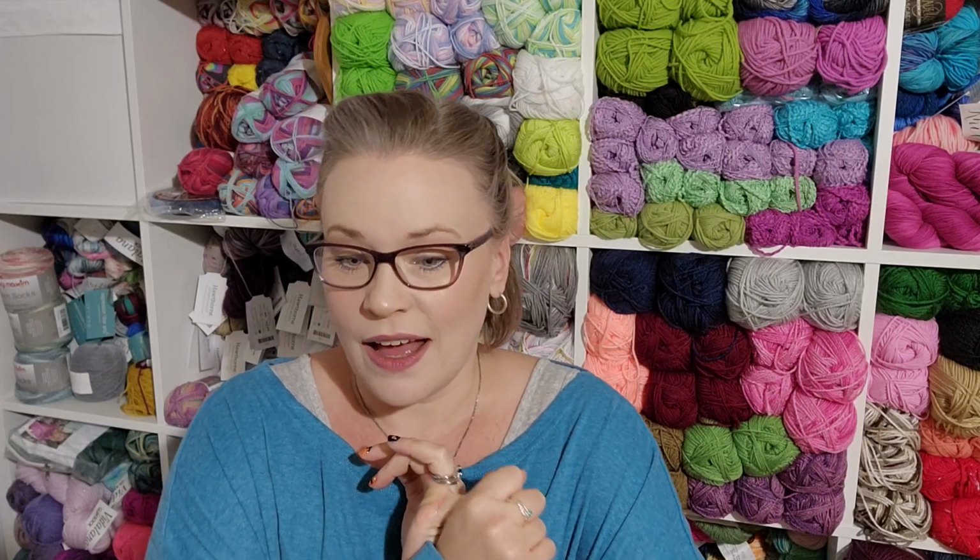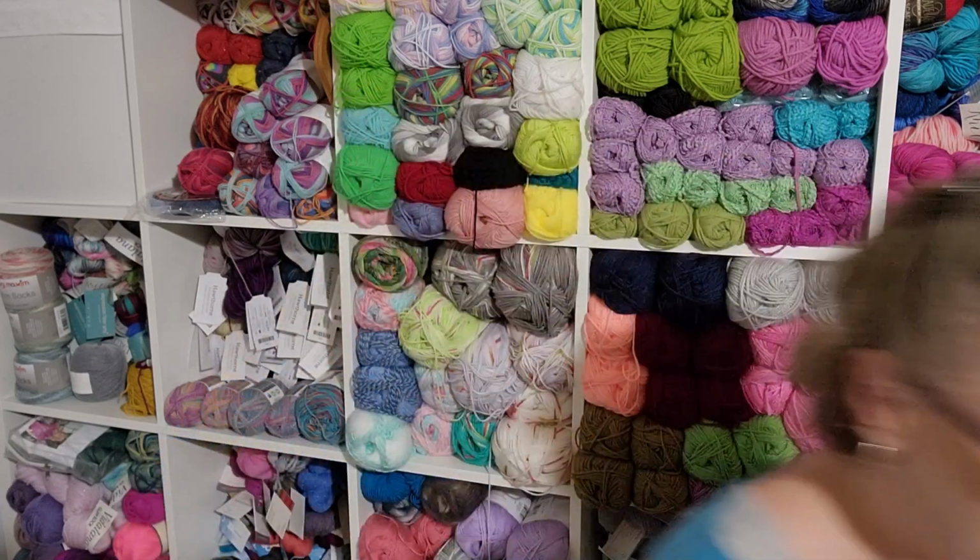And then in each subgroup, I'll be able to do, I've already made these. These are my notes on this. I have not made these. These are my notes on that. So I went through all of my Lion Brand Mandala and Cupcakes, and pulled out any single skeins. I also pulled out my doubles. This took a long period of time, but I ended up clearing a lot of space on my shelf there. Everything was kind of jammed in. I did clear off a lot of space, but real quick,